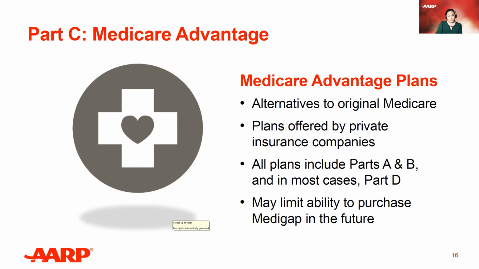By purchasing a Medicare Advantage plan, this may limit the ability to purchase a Medigap plan in the future. Medigap plans are supplemental plans. Medicare Advantage plans are provided by Medicare-approved private insurance companies. You're normally limited based on network. We'll get a little bit more into that. But Part C is not something you would get in addition to Parts A and B. It's an alternative. Parts A, B, and D are usually called original Medicare, and Part C is Medicare Advantage. You choose which path, one or the other, on how you want to get your Medicare coverage.